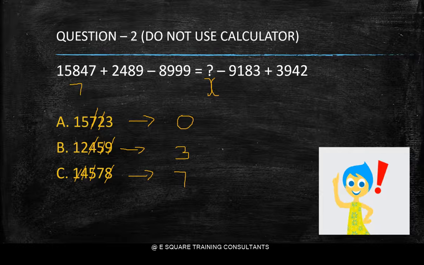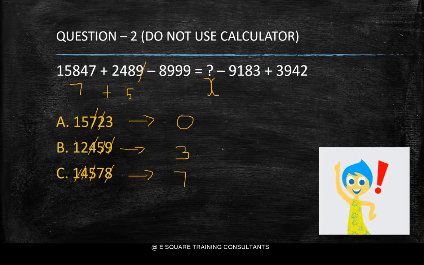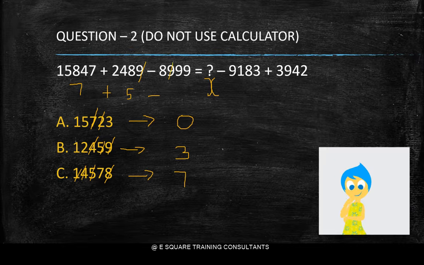So I have 7 here plus 2 plus 4 is 6. 6 plus 8 is 14. 14 plus 9 I can anyways remove. So 14 I have. 1 plus 4 is 5. So 7 plus 5 minus, so 9, all the 3 9s I'm going to remove, so minus 8 will be